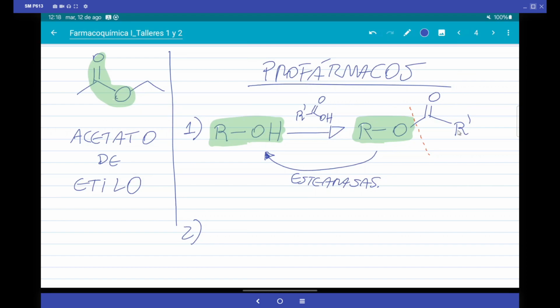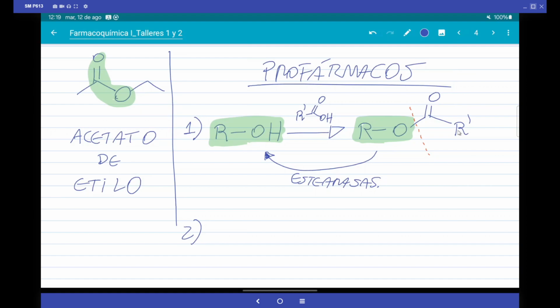Not everyone has the same degradation pharmacokinetics. Just because something is an ester does not mean that it is going to degrade. So aspirin is a very good example. Otherwise, aspirin would not serve at all. It would be degraded, and would not reach the cyclooxygenase. Another example, apart from aspirin, is the case of